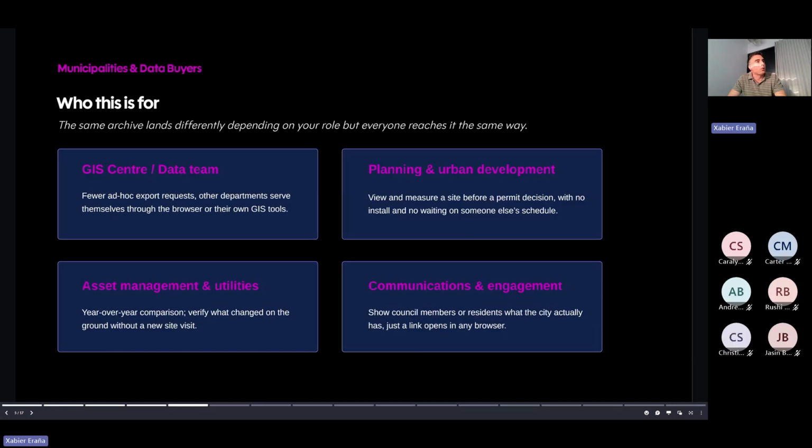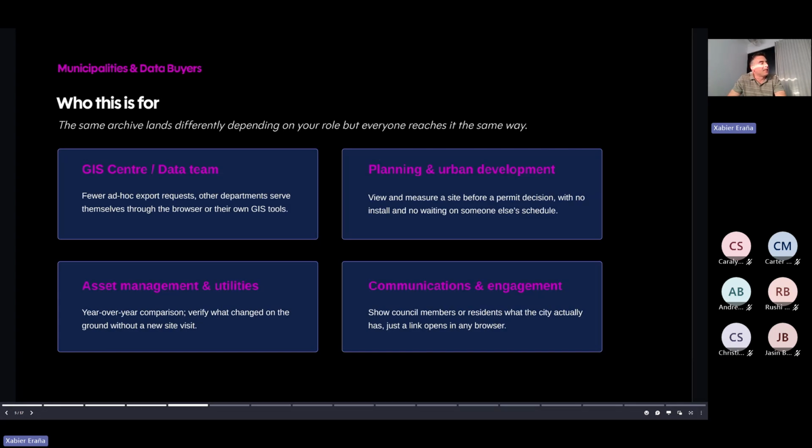If you belong to a planning or urban development team, it means you would have greater freedom to look at the data in order to make smarter decisions without having to wait on someone else's time.